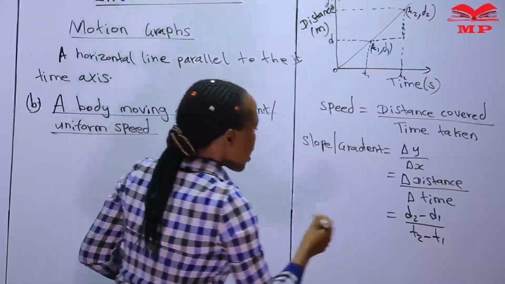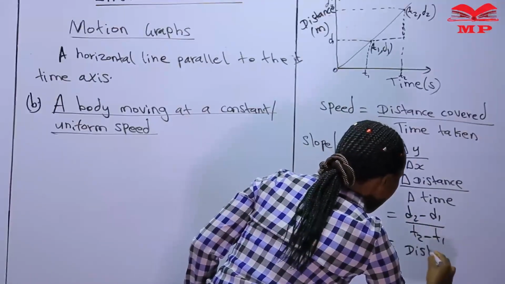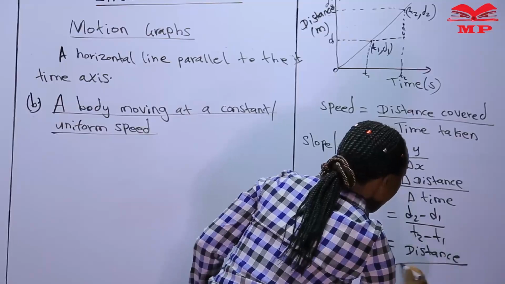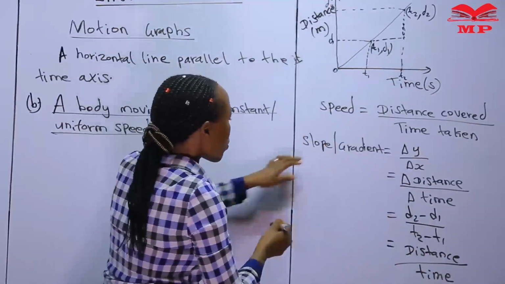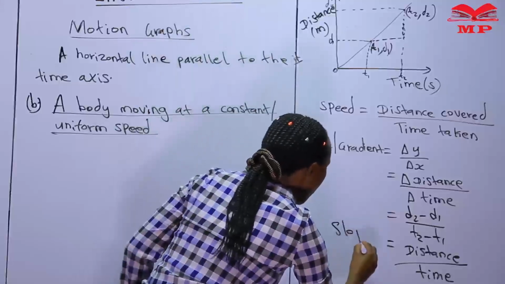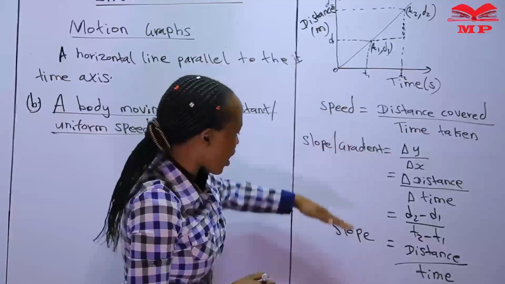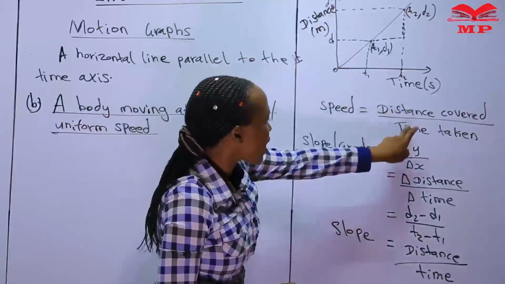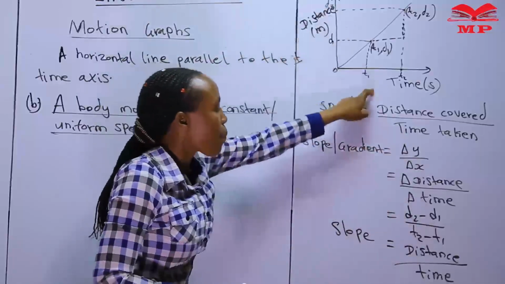And you can see here that it's like we're having the distance divided by the time. The distance divided by the time. That is what is giving us the slope. And therefore, you can see the slope is equal to the speed, because this is the distance over the time taken. So we can see that for a distance time graph,